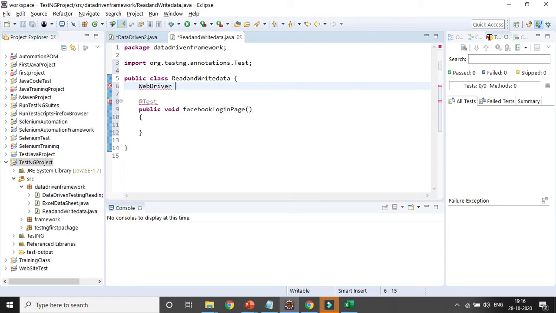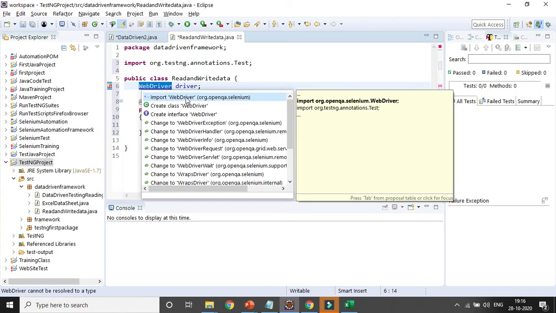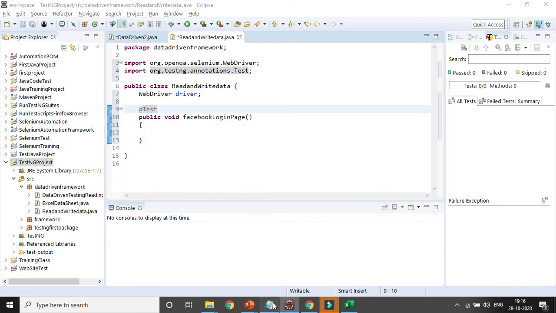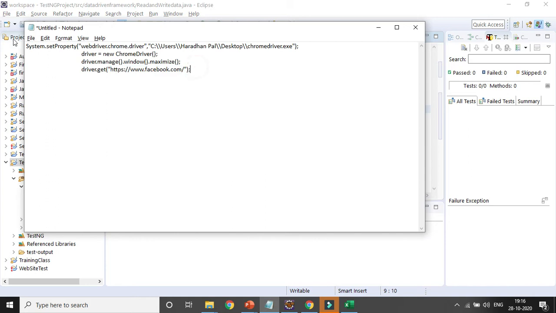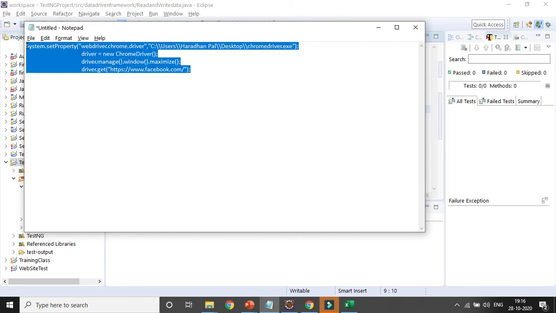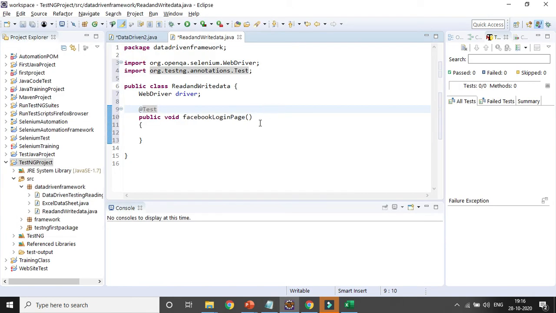Now I will define the web driver. Create an object or instance for the WebDriver interface, which will be driver. I need to import the WebDriver interface from the org.openqa.selenium package. Then I will use simple lines of code to launch the Chrome browser and pass the URL for the Facebook page.